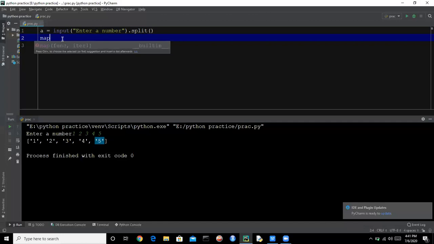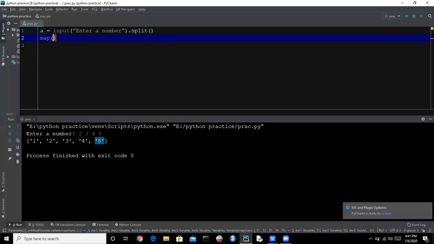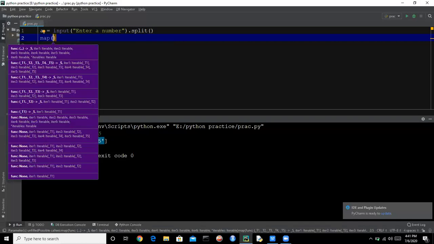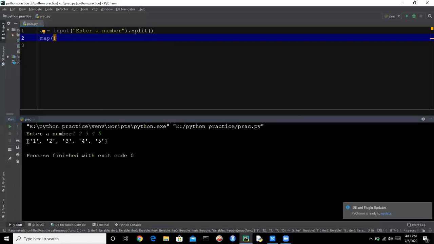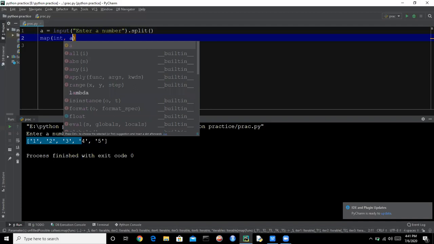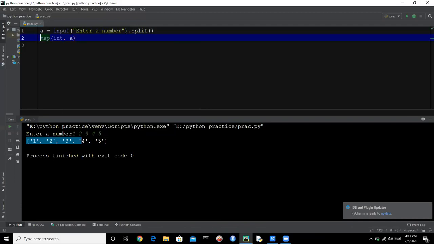So let's write a function first. Map, in that map function we need to write the function name. So we want to convert this list into a list of integer numbers. So we need to pass integer here, and we need to pass the list here. So it will give you a list.